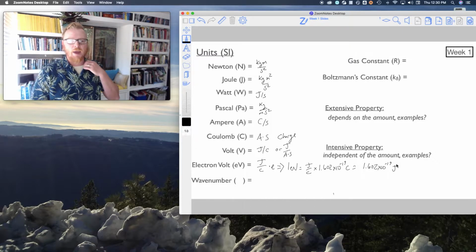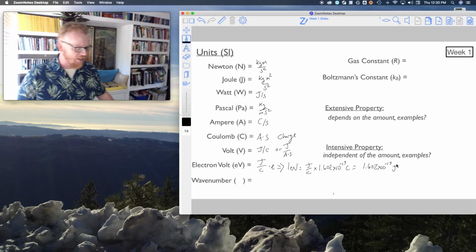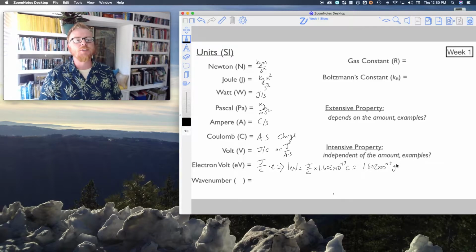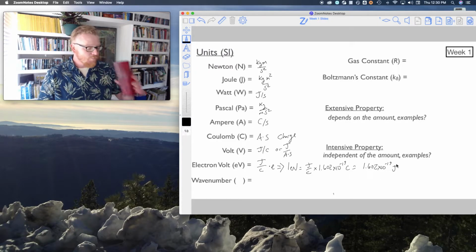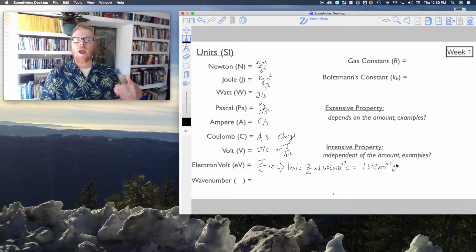Okay, and we're going to keep getting more and more into that electron volt unit because when we're talking about the energy of single electrons or single molecules, it's much easier to say 1 electron volt than 1.602 times 10 to the minus 19 joules. Okay. And so now last I want to talk about the wave number,